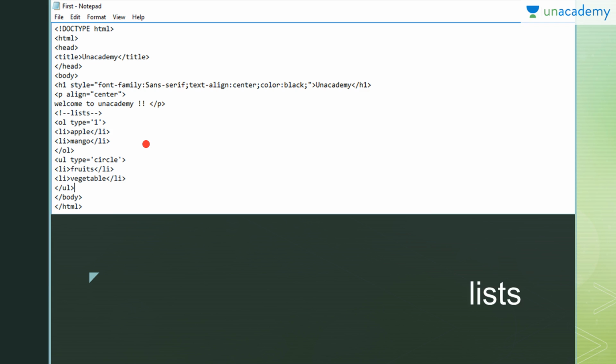The ordered list uses the tag ol, and the unordered list uses the tag ul. Here the type is mentioned; in the unordered list I have used type circle, so it will use a circle symbol to represent the list.